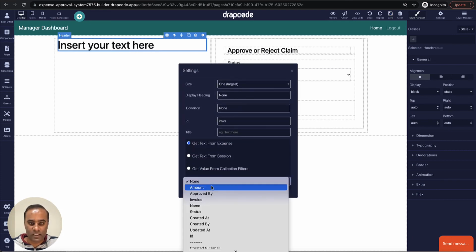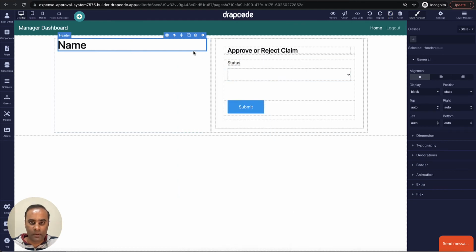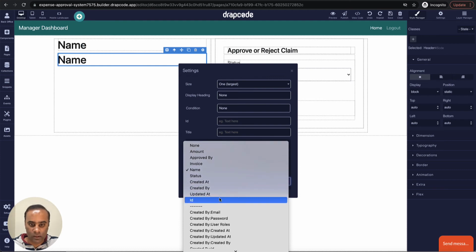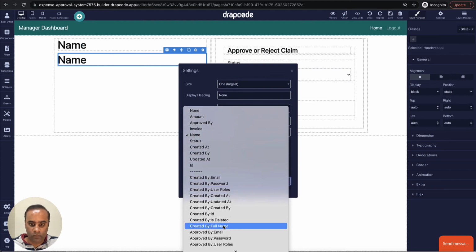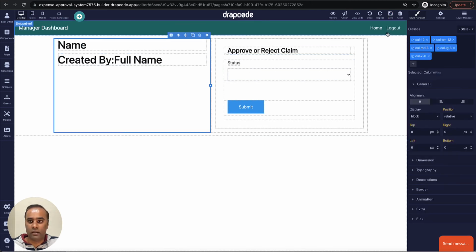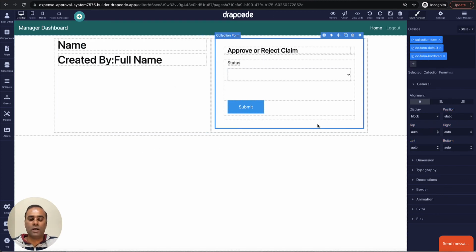Okay, so I'll say expense name, and maybe the person who has submitted this expense, so expense created by full name. Okay, so basically what the expense is and who did it. That's all. Save it.